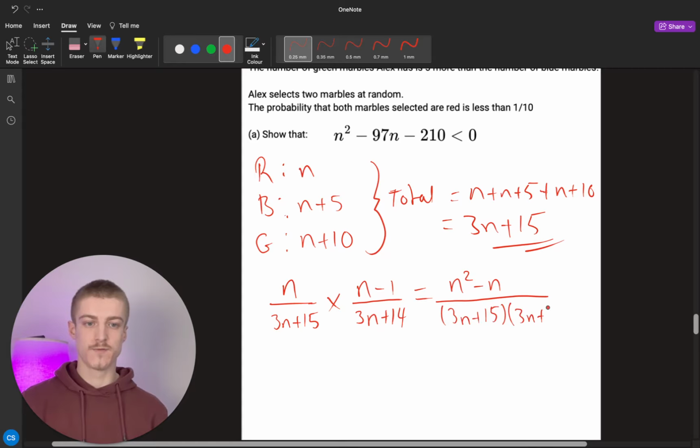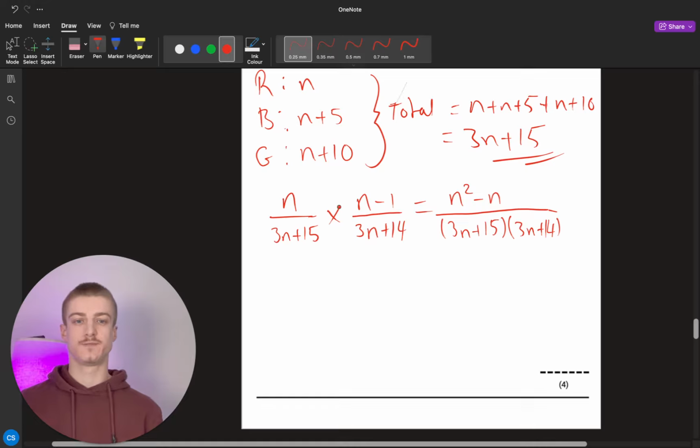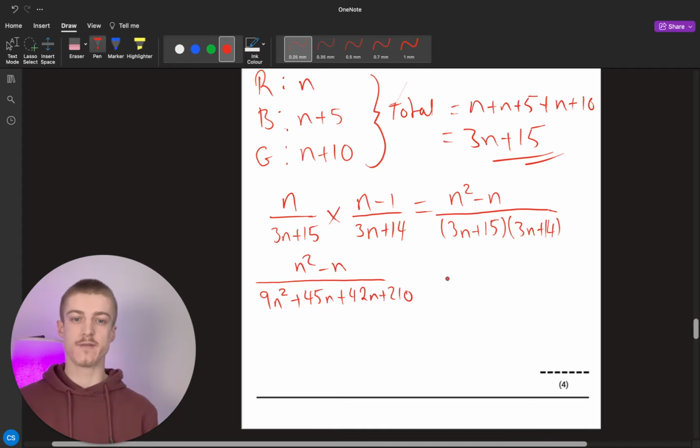That is n squared minus n is less than 1/10 of 9n squared plus 87n plus 210. 1/10 of all of these numbers, we're just going to move it a decimal place to the right. N squared minus n is less than 0.9n squared plus 8.7n